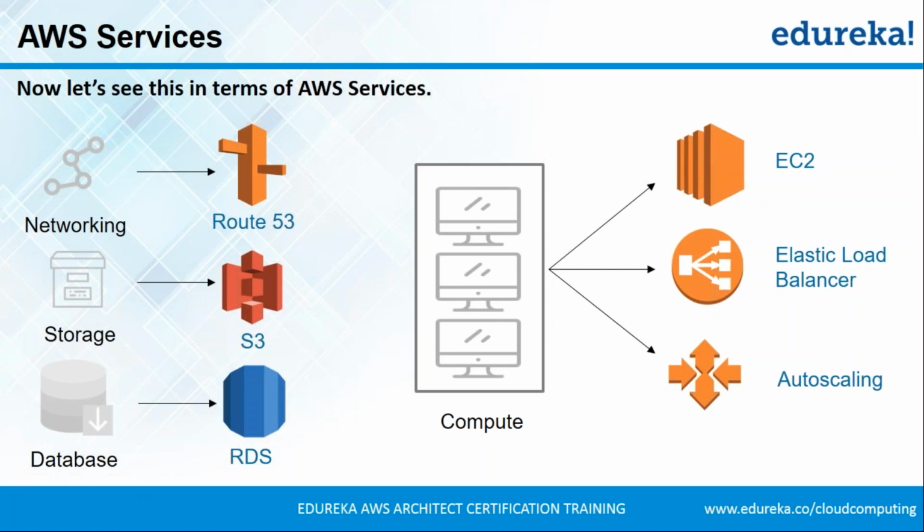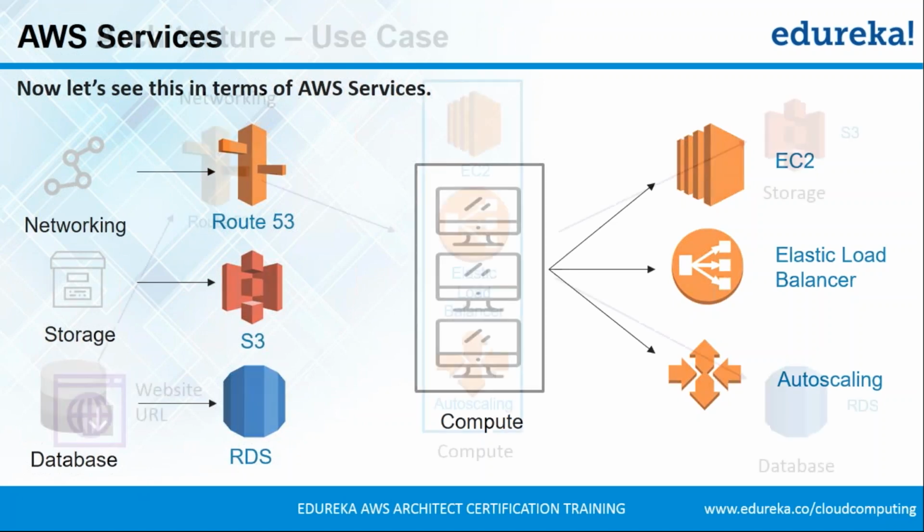You are getting a lot of benefits and at the same time it is not hurting your pocket as well. These are basically all the services that you would be using in your architecture. Now let's fit these services in this diagram that we saw before and let's see how it will look.